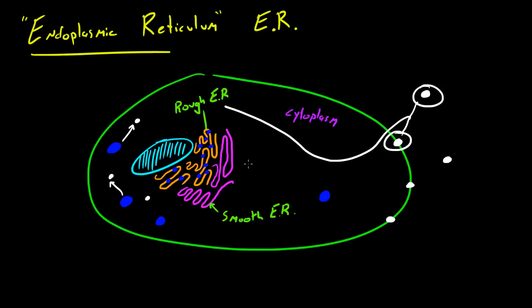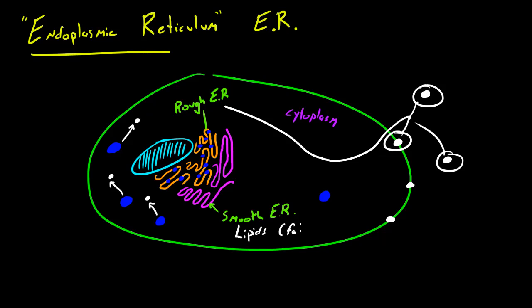So remember, we already know that ribosomes are involved in the creation of proteins. The ribosomes on the rough ER make proteins for your cell membrane and for other parts of your body, and the proteins that your cell uses are made by free floating ribosomes, the ones that just float around your cell and aren't stuck to the rough ER. Simple enough? Now let's go ahead and talk about the smooth ER, the part of the ER that isn't covered in ribosomes. Well, the smooth ER helps in the creation of lipids,